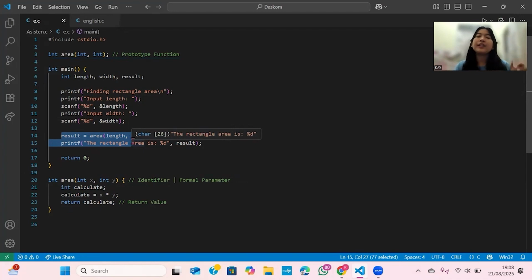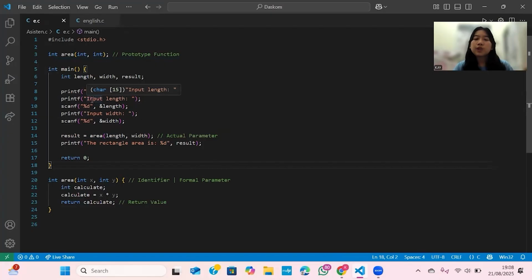I haven't seen it before. The result would be an error. But with the prototype, the compiler isn't confused. It already knows the function exists, so when it's called inside main, later when the full function definition appears, that's when the actual calculation happens.